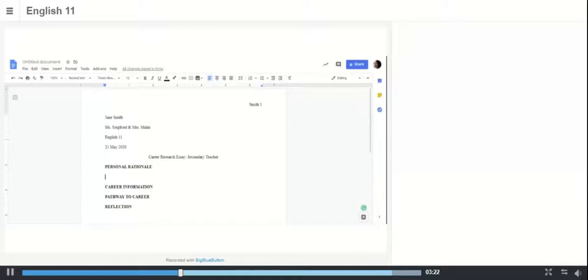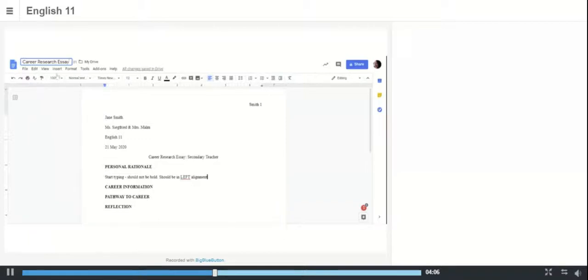So the rest of this, when I start typing, should not be bold. Should be in left alignment, which means it is aligned on the left side of the page. The only thing that gets centered is that title, okay? And then remember, I want to go up here and I want to name this Career Search Essay,